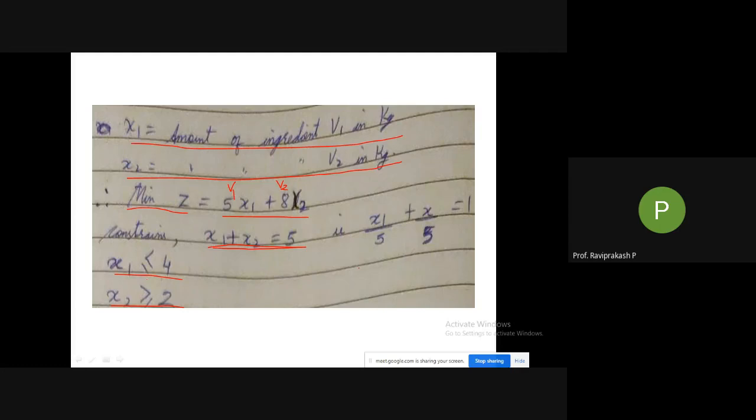So the points also are being drawn here, 5 and 5 for the first one. The second and third we are not needing to compute because they are directly given to you. It is very easy. In this case x1 is equal to 4, x2 is equal to 2. Directly you need to take. Then later on, after drawing all the lines, find out whether it is less than or greater than, and mark accordingly.